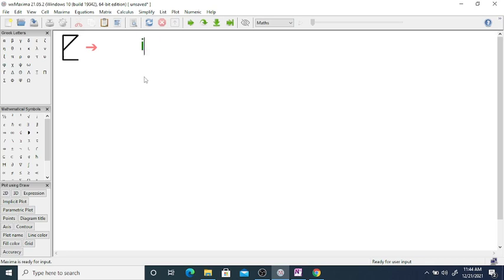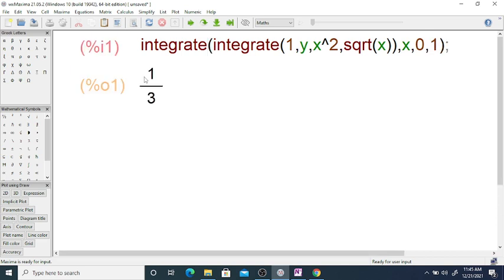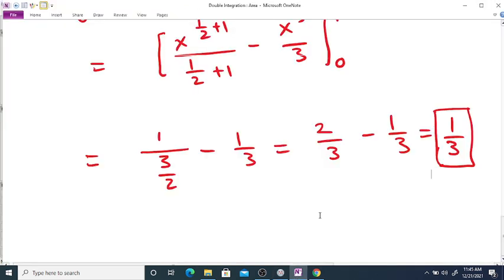So here, again using the command integrate the given function. Now to find the area we consider f of x y is equal to 1. Now the limit of y is x square to square root of x. Lower limit is x square, upper limit is square root of x, and the limit of x is 0 to 1. So now you can check here, the value of this double integration is equal to 1 by 3, and here also the value of the integration is equal to what? 1 by 3.